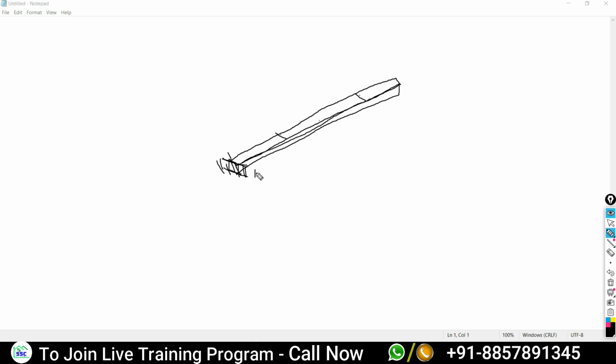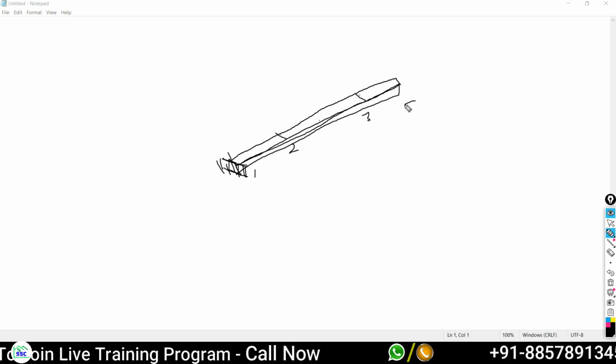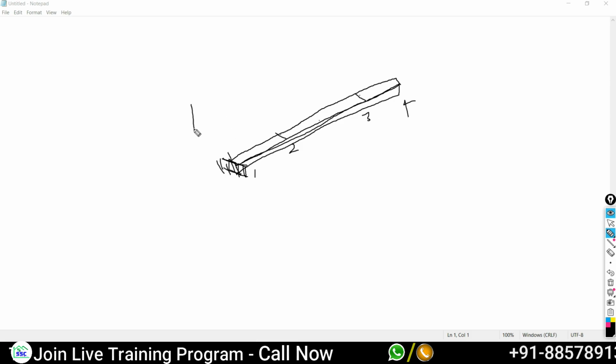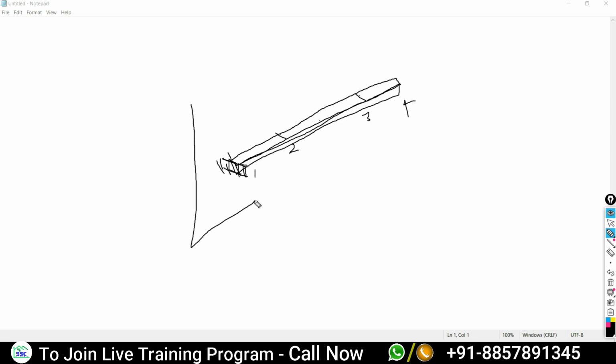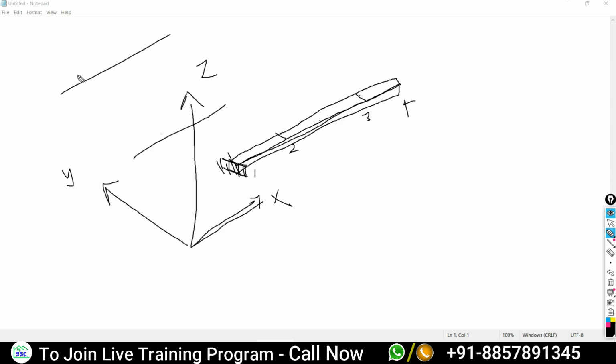So it is 1, 2, 3 and 4, and it is in the plane X and Z. Or you can consider Y and Z, but here we are going to consider the plane X and Z. So it is one line along X, as well as one line along Y. If I take another line here, this is the first line, this is the second line, another line here is the third line.